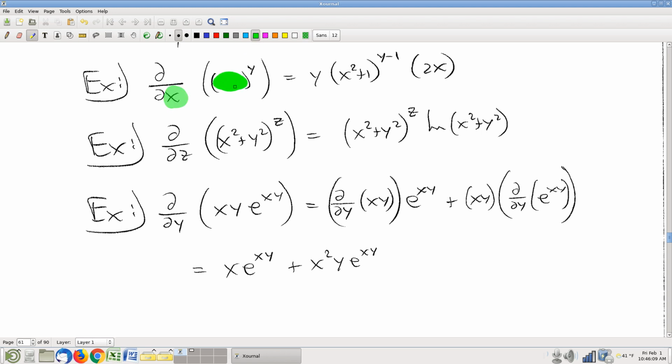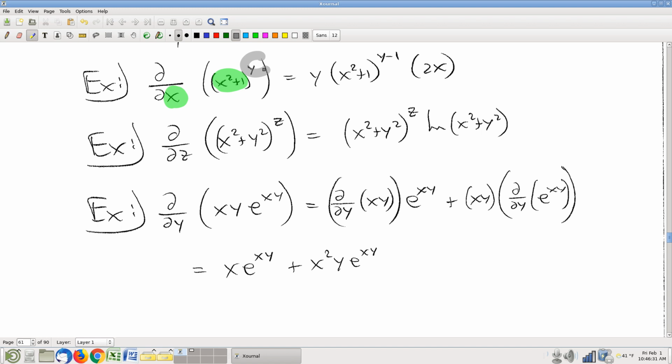And notice I have here a function of x. There's also this y sitting over here. Y is a different variable other than x. And therefore, for the purposes of this x partial, that y is a constant. So while at a glance, this top example looks like a function to the power of a function,